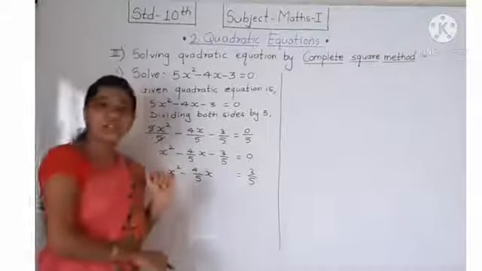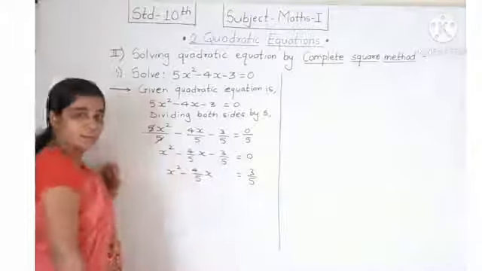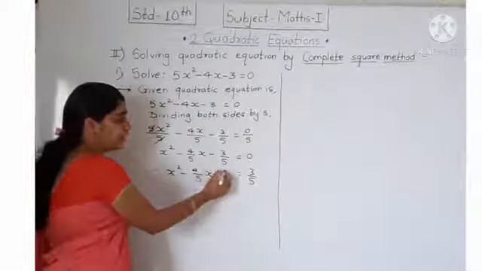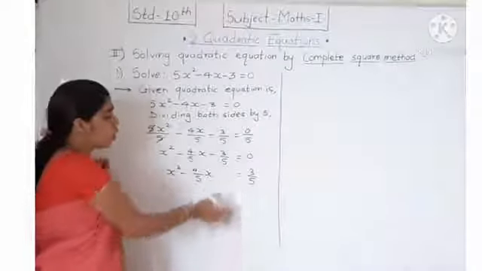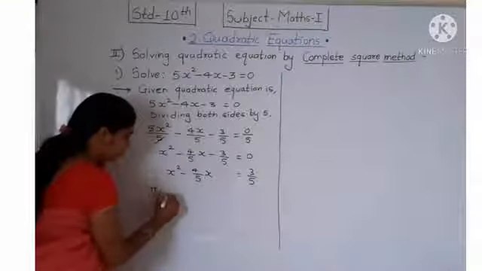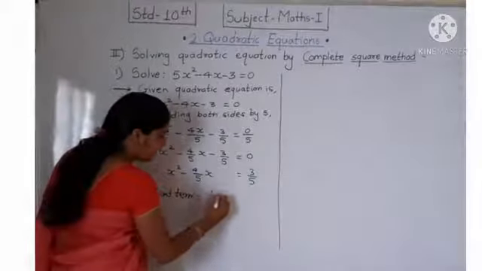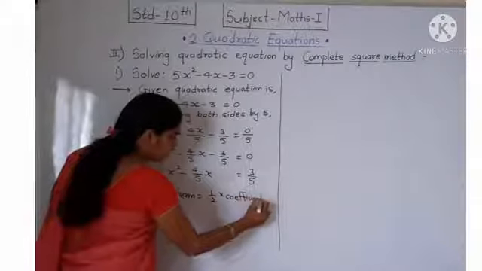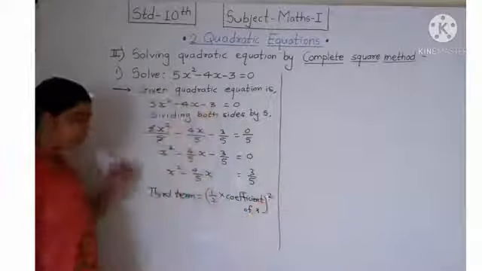So this method is called the complete square method. Why is it called so? Here there must be 3 terms, and the third term is missing. So we want to find the third term by which it becomes a complete square. How do we find this third term? You can find the third term by using the formula half into coefficient of x, bracket square. Okay, by using this formula.